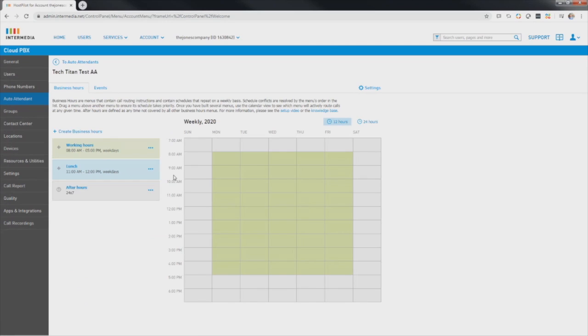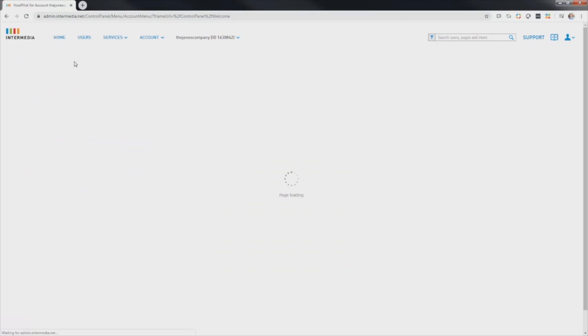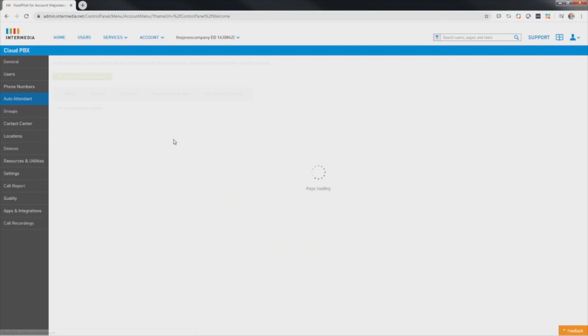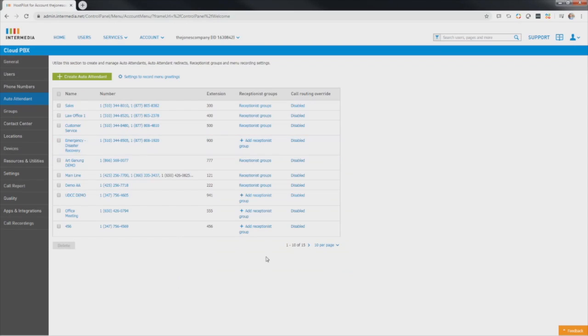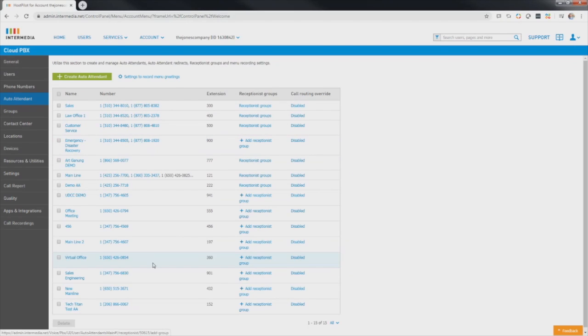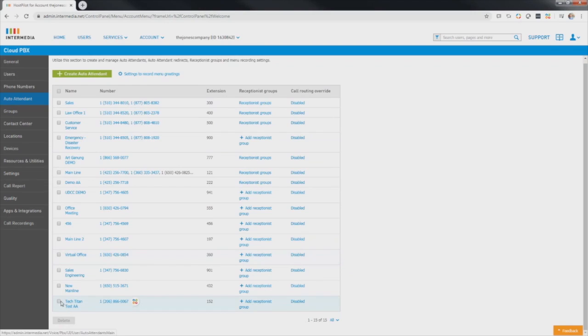That's really the guts of the menu creation and management and the different submenu options, as well as the setting options. I want to talk about one more component, or at least maybe two more components, to the auto attendant that are worth mentioning. We'll go back down to our Tech Titans auto attendant here in the main list of different auto attendants. And here we can see the plain language name we've given it, as well as the phone number or numbers assigned to it, starting with the priority or primary phone number. Its assigned extension that we've given it, and then a component that we hadn't talked about yet, but it's the